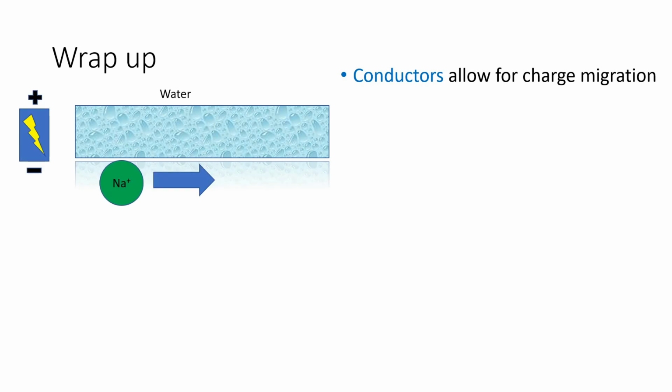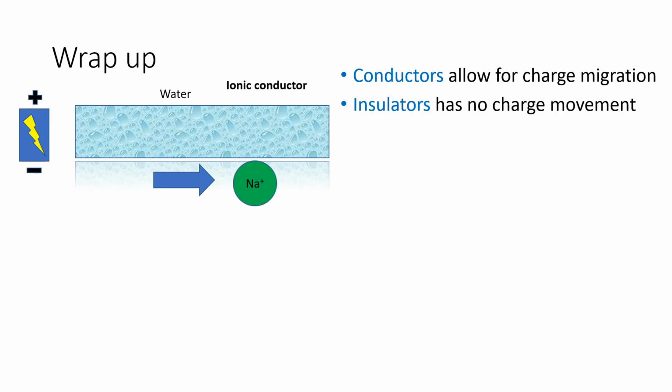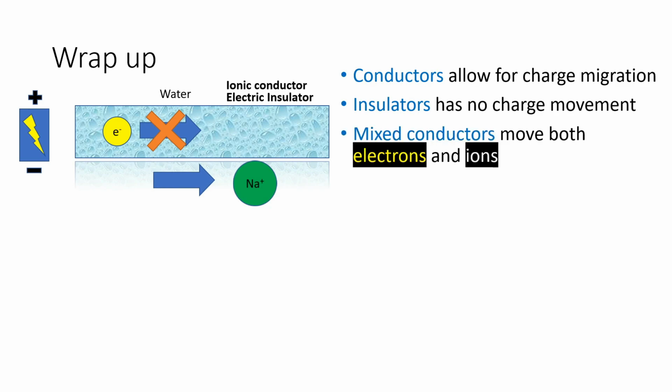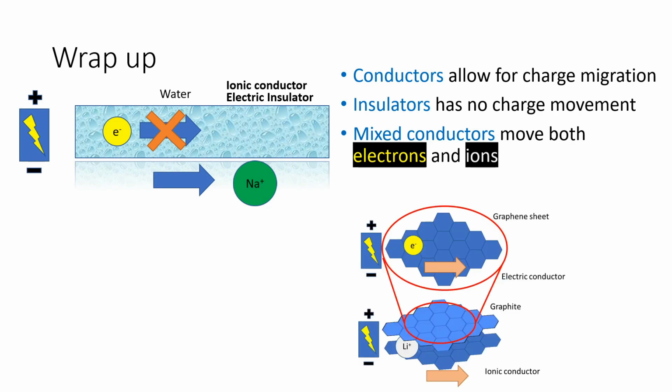Yay. And so to wrap it up, remember, conductors allow for charge to migrate. And so water allows ions to migrate. So this is known as an ionic conductor. And for insulators, they don't allow for charge movement. And so remember, water does not move electrons. This is known as an electric insulator. And mixed conductors, which are important for battery applications, move both electrons and ions, as we showed in the graphite example earlier,